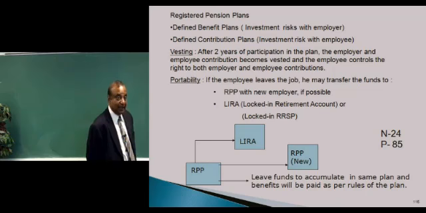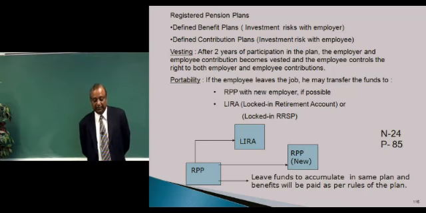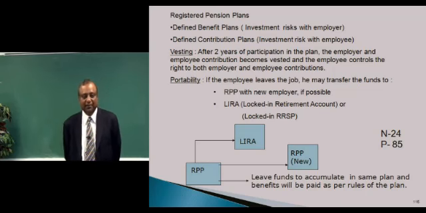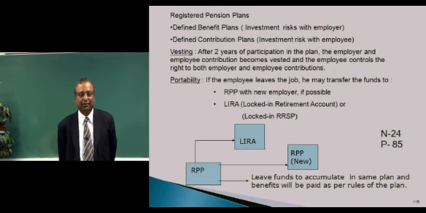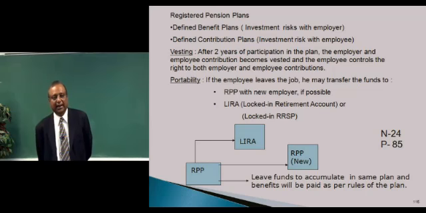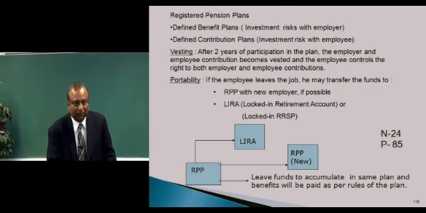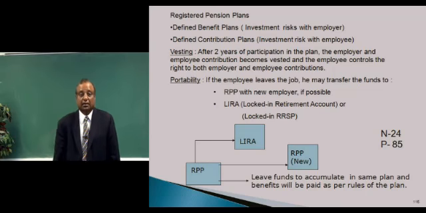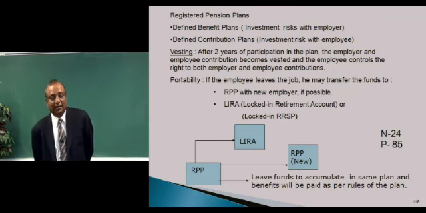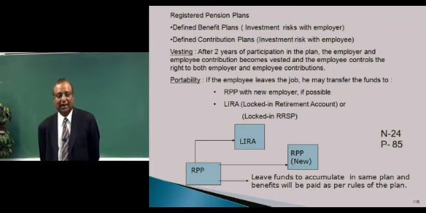Now, whatever plan it is, it comes with vesting of rights. The vesting period is 2 years, which means if a person quits a plan before being a member for 2 years, let's say he quits after 1 year, then he will get only his contribution and the growth. He will not get the employer's contribution on his behalf. He has to forfeit it. If he has been a member for 2 years and then he is quitting, he has rights to both his contribution and his employer's contribution. That is called vesting.